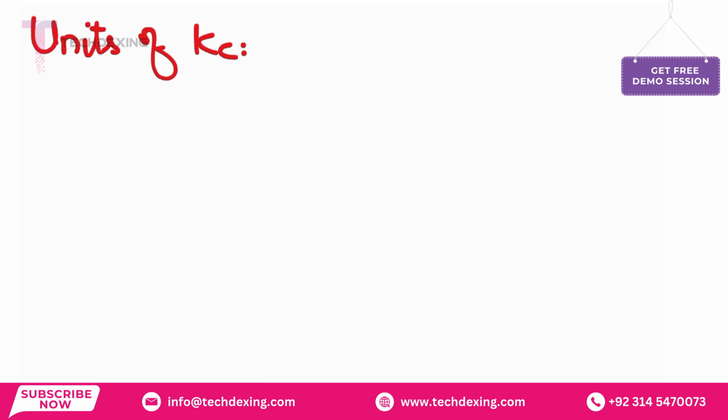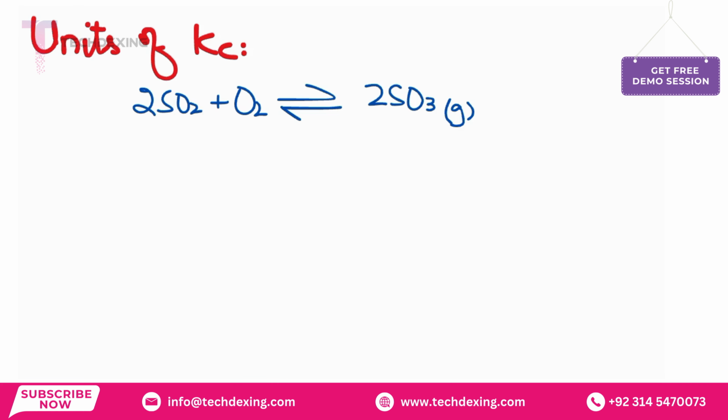So we have this one reaction. I'm writing the reaction on the slide. So 2SO2 combines with O2, and what would be the product? It will be 2SO3. So all the substances are in the gaseous state. So when you are going to write the units for the Kc,